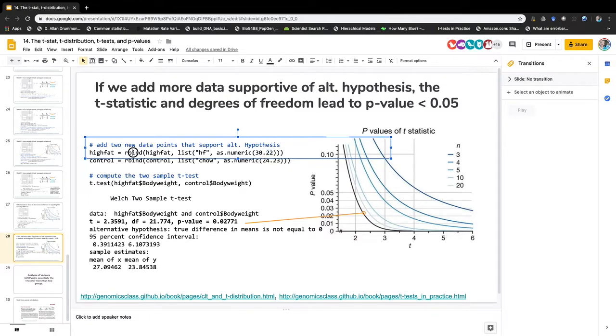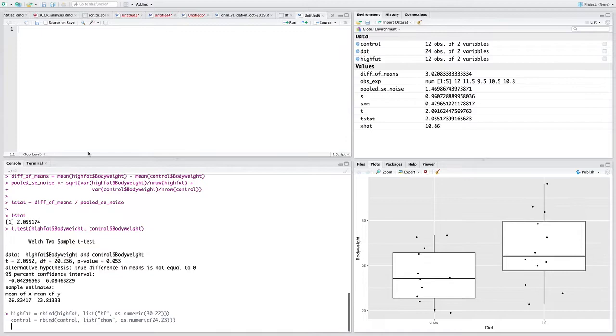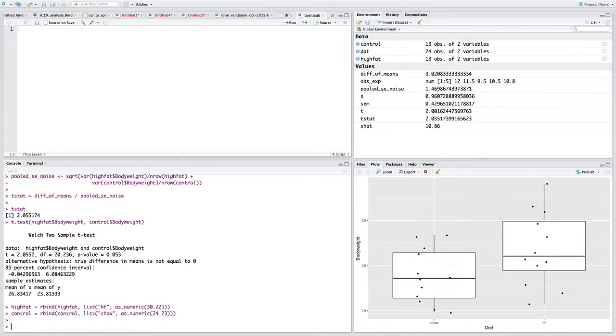And I'm just using this rbind function I don't think we've learned before in R, but that allows us to tack on a new row to a data frame. And we have to give it a list. Normally you give it c, but if you use c instead of list, this number gets turned into not a number, it turned into a factor and it breaks the t-test. So you have to use this list function. But if I do that and tack on these two more cheap experiments, very, very cheap,